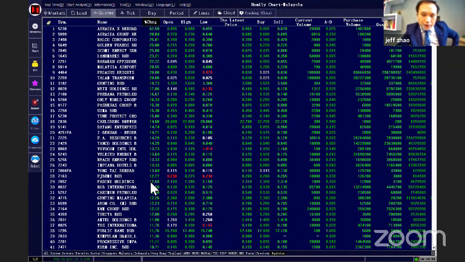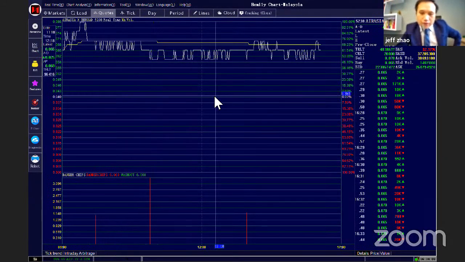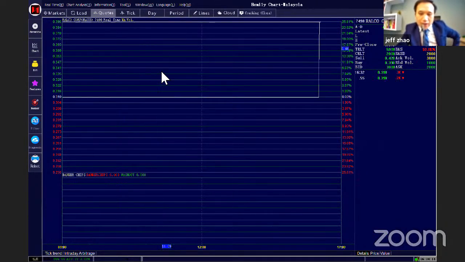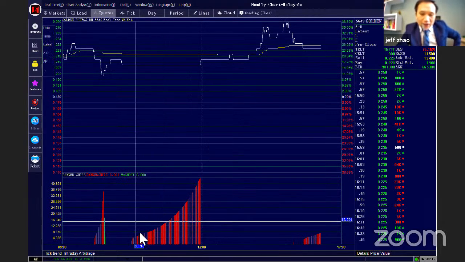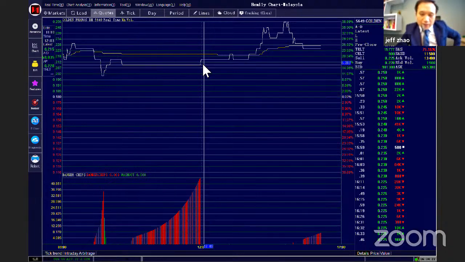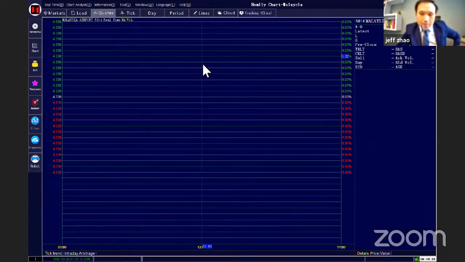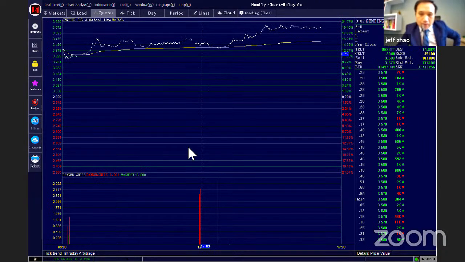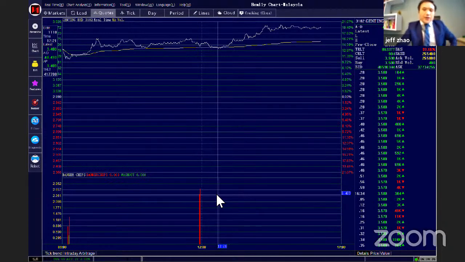Such as AirAsia X, then you can see it's very strong, so when should you get in? Sometimes maybe you chase a very high point, right? But when you have this bank chips function, after the bank chips appear, then you can focus on it and follow it, right? Follow it. And then you can see after the price goes up, the bank chips appear, right? Then we know this function.